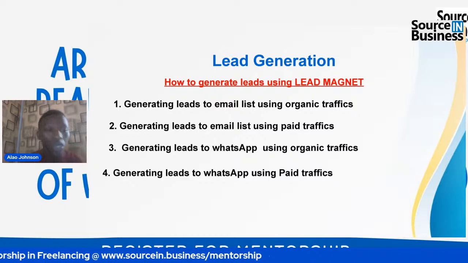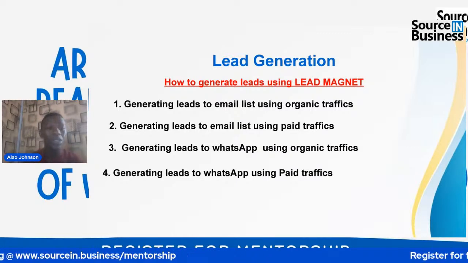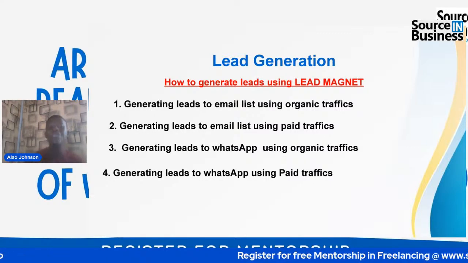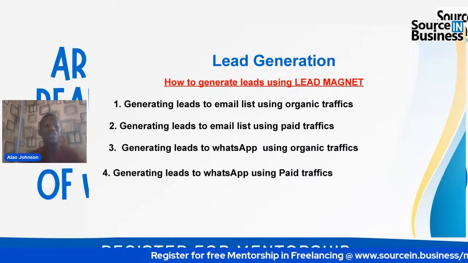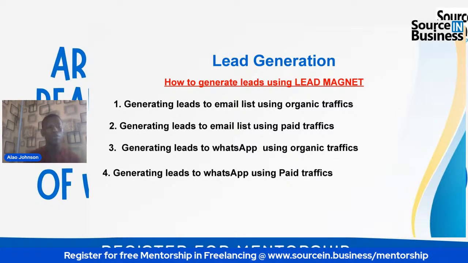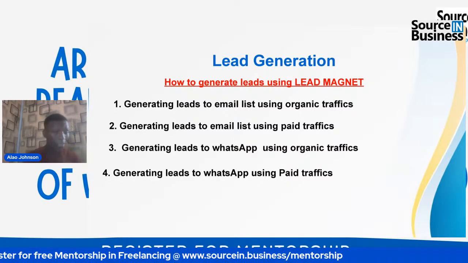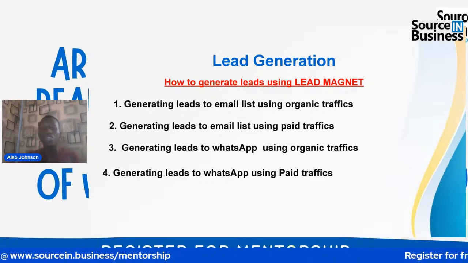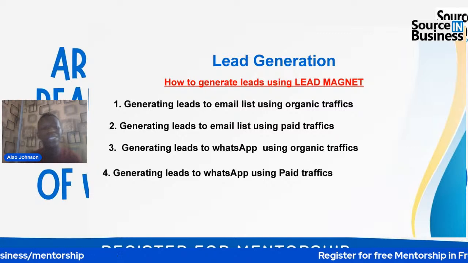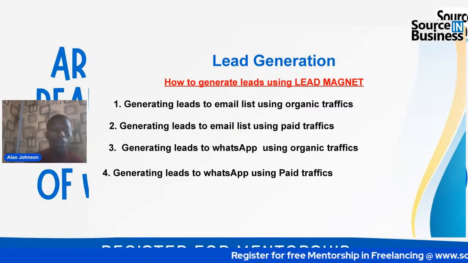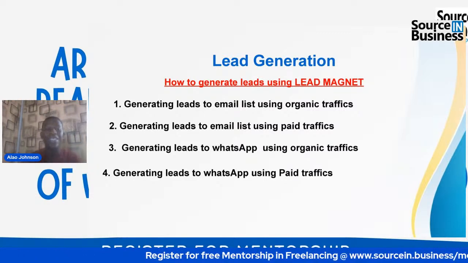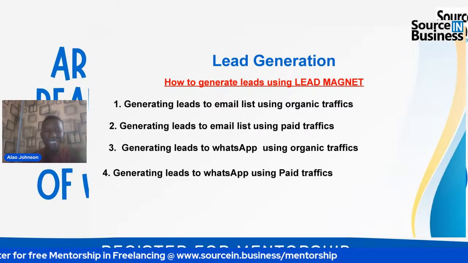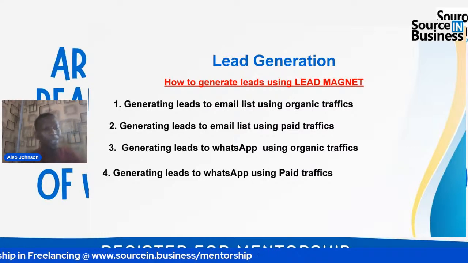And this is what I've been doing on my WhatsApp. Almost everybody on my WhatsApp, I've already given them something for free. So that thing I've given them for free is a valuable stuff. All right, it's a lead magnet. So I'm explaining lead magnet right now. It's a valuable stuff that makes them trust me so much, have interest in me, that whenever I put out an offer, they assume it's a sin for them not to patronize me.